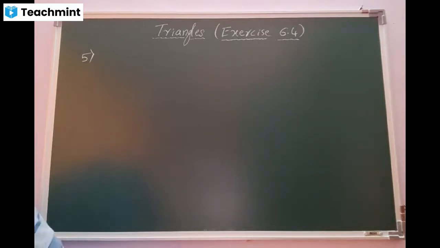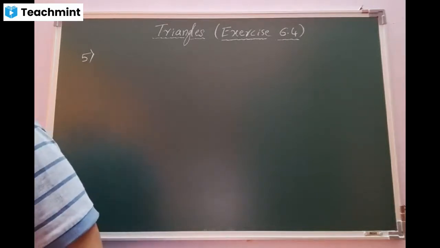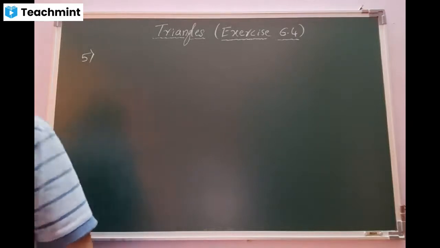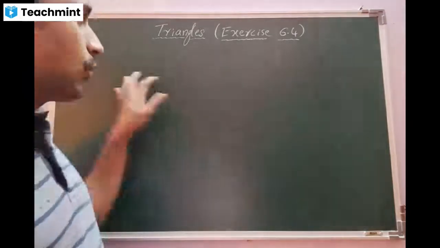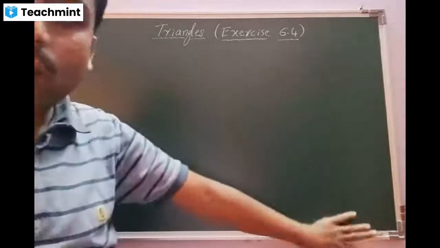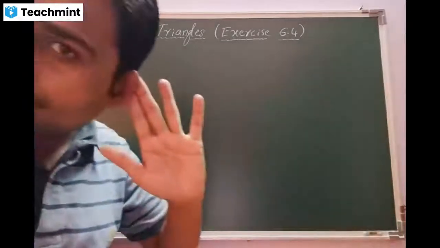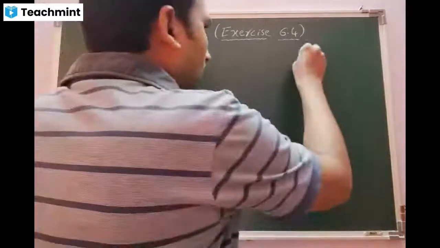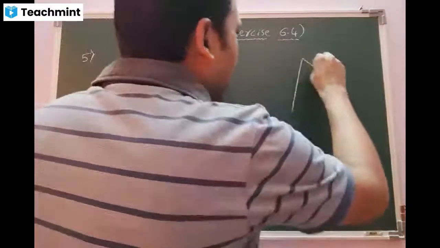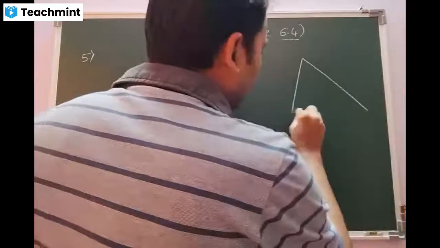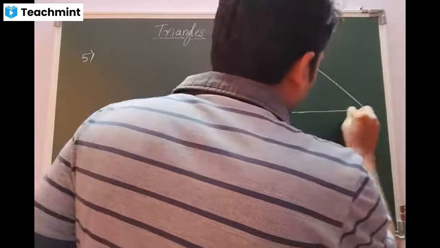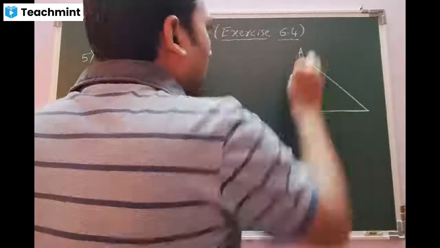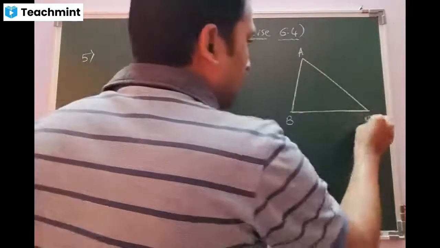Okay, beta, look at that. Whether the rough diagram is given? No, sir. Okay, then it is our duty to draw the rough diagram first. Okay, let's see. The triangle ABC, which they are talking about. This is the main triangle, the bigger triangle A, B, and C.